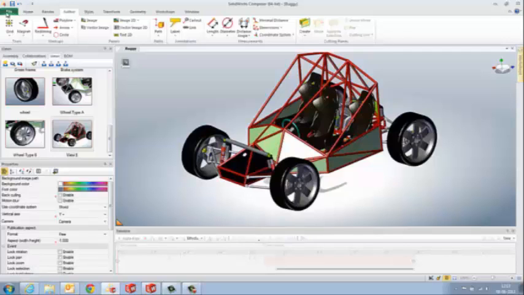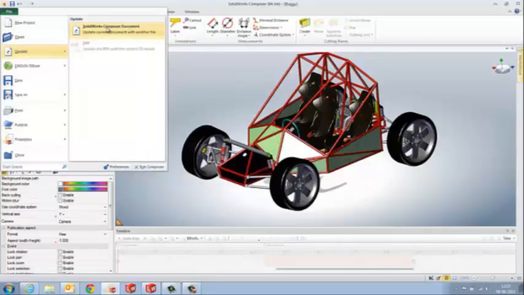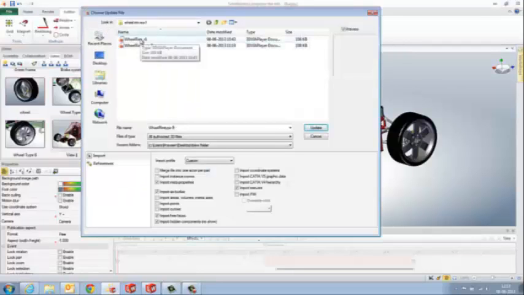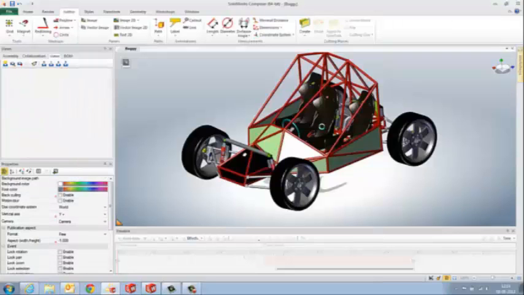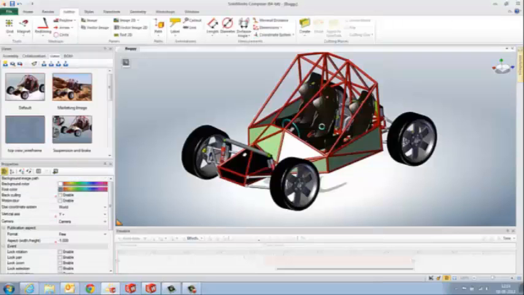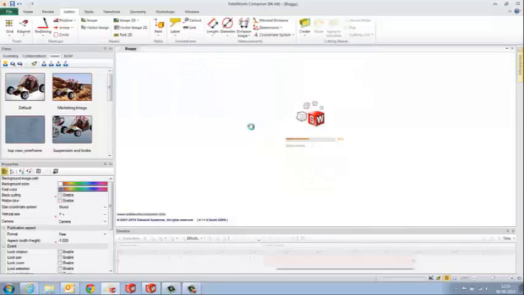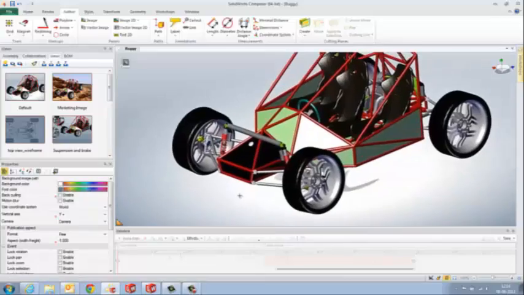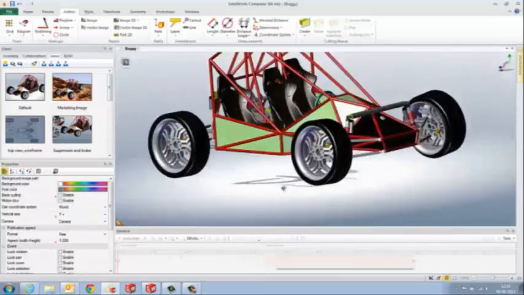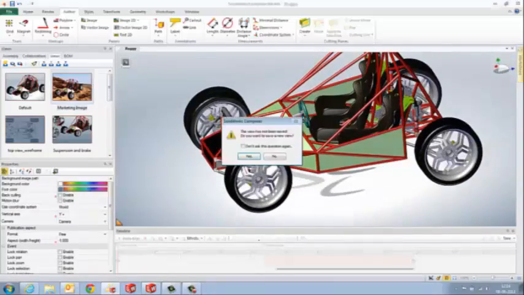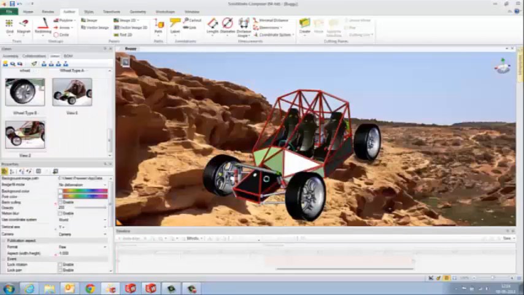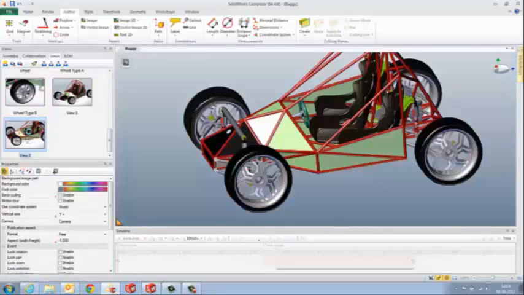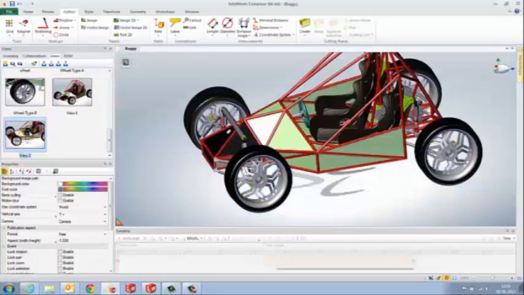So what I need to do is I just need to say file, update SolidWorks Composer document with a revision file, and I say update, so that all my views, all my components of that particular change will get updated in one shot. What we can see here is it is updated with a revision wheel throughout, and also that is updated in all the other views as well. So it is easy to update the modifications,